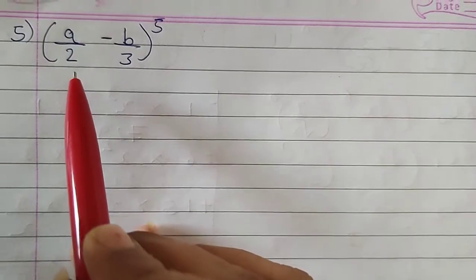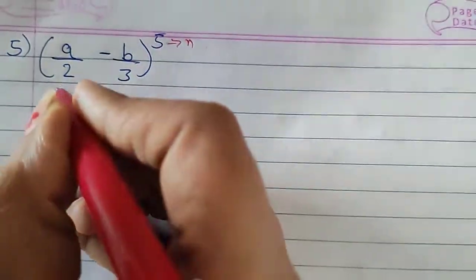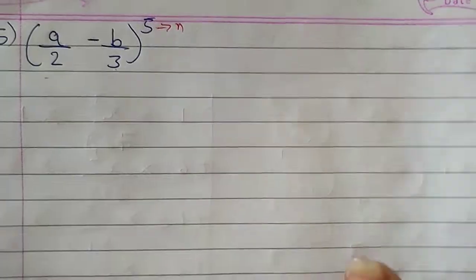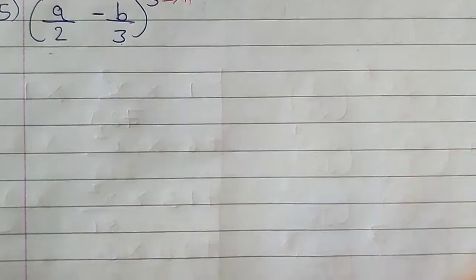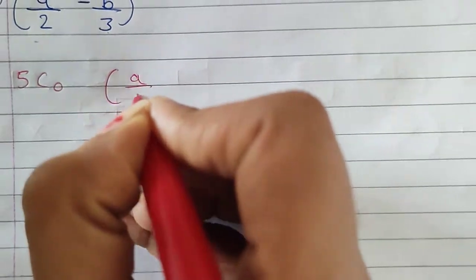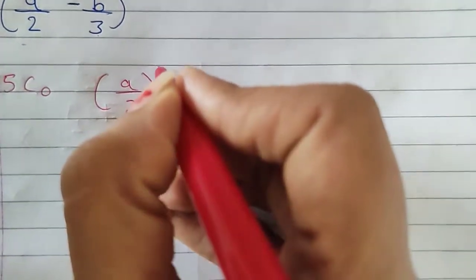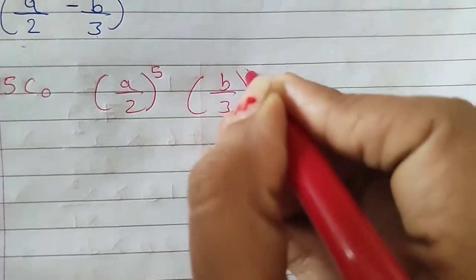Next question, a upon 2 minus b upon 3 whole raised to 5. So this is your n, x and a value. Now minus sign is there, so alternatively it will be plus minus, that way it will be there. So we'll start with 5c0 a upon 2 raised to 5 and b upon 3 raised to 0